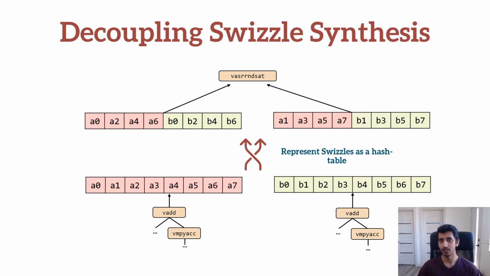In other words, to prove that the sequence of compute intrinsics can produce the correct output, we synthesize a valid swizzle over which the output is correct. Figuring out how that swizzle can be implemented optimally using the available intrinsics is deferred. Synthesizing these hash tables to represent data movements is much easier than synthesizing the sequence of instructions that perform that data movement.